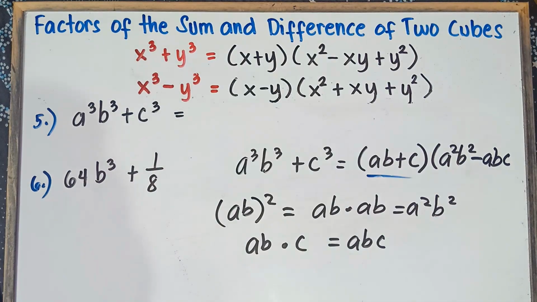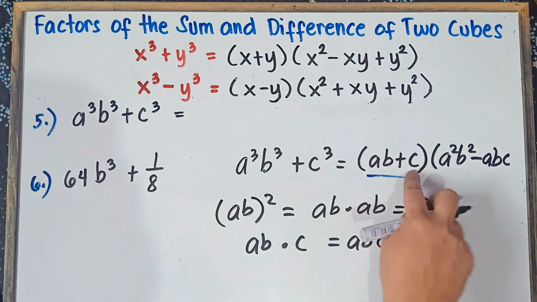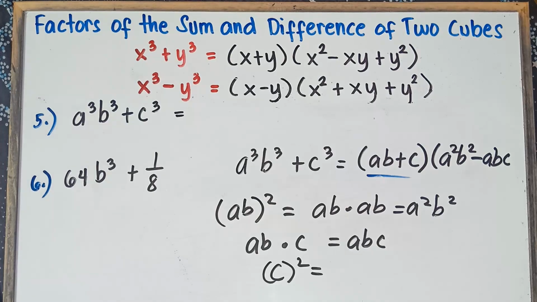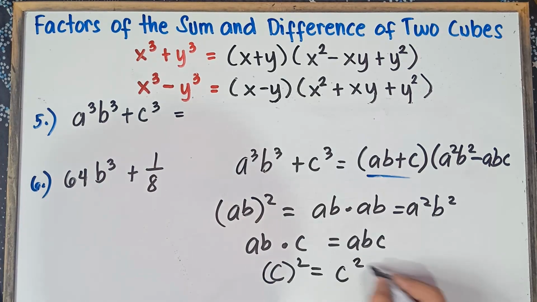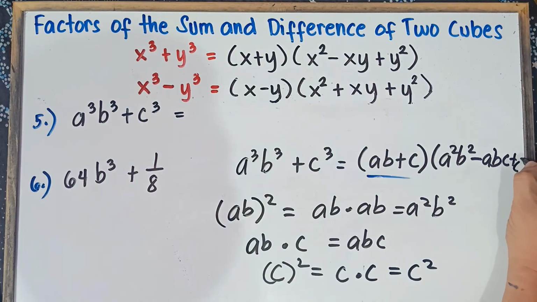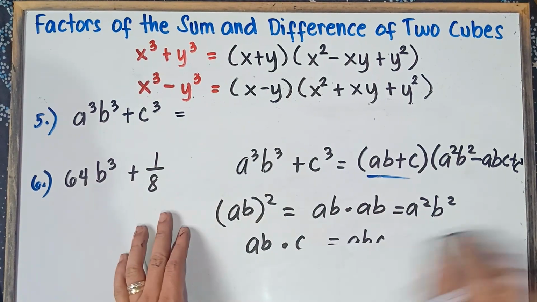And then last step, you get the square of the second term. So get the square of c. So c, then quantity squared. C times c, that would be c squared. So this is c squared. So once again, plus c quantity squared, it means you multiply c by itself twice. C times c, that would be c squared. So this will be positive c squared. So we don't have enough space, class. So therefore, class, our answer.